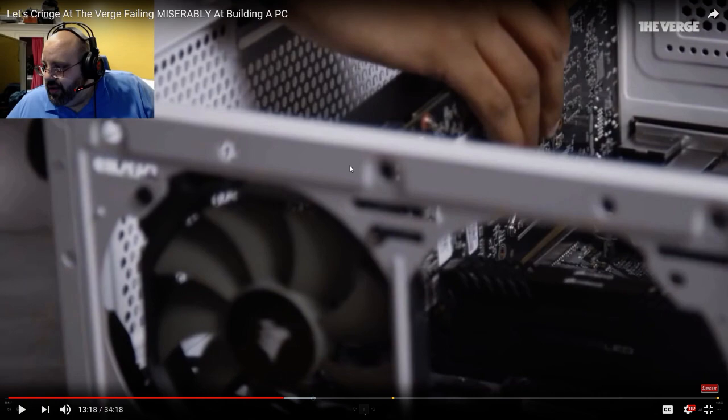Frame rates and maybe even the graphics of the game won't look all that great. You'll be hindering your graphics card, and you'll be sitting there wondering why it's not running this game at 60 when it should be. Okay, this guy, I can tell you 100% didn't do his homework, didn't do any research, and he went ahead